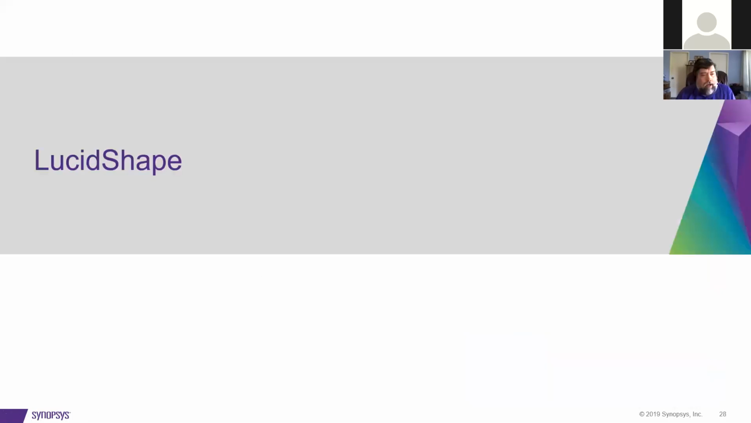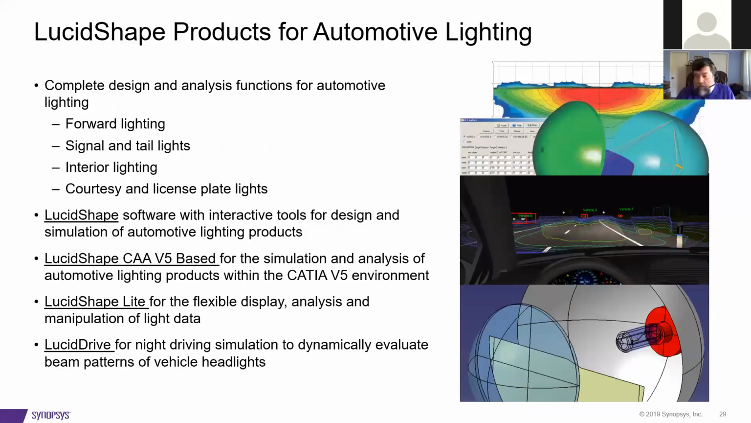Okay, moving on to Lucid Shape. Lucid Shape is for the design of automotive products. So we have 4 tools there: Lucid Shape software, the plain Lucid Shape. We have one that's now mounted on CATIA, so that's Lucid Shape CA V5 based. We have a light, which is just for displaying the data. And we have Lucid Drive, which is kind of a cool tool where you can take the headlight you've designed, put it in a car, put it on the road, and actually drive around with it,